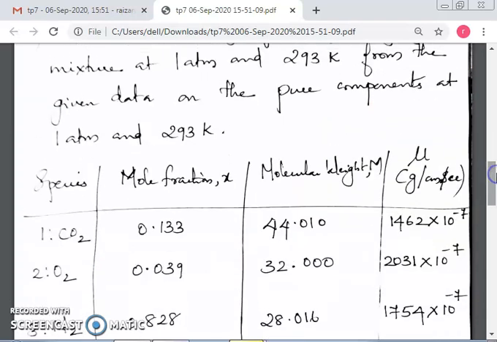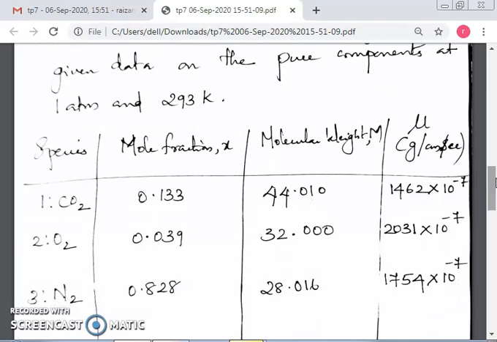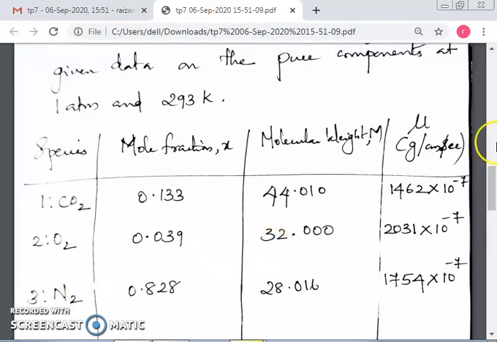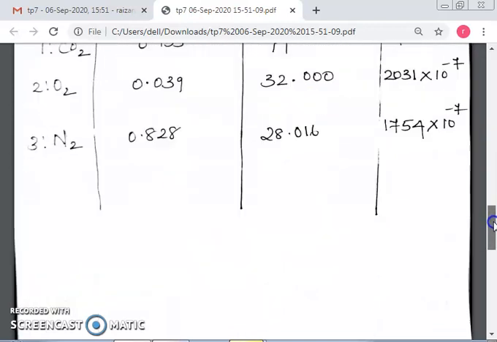So the components or the species present in the gas mixture are carbon dioxide, oxygen and nitrogen. The mole fraction of each of these species is given. Also, the corresponding molecular weights of the species are given and its viscosity is also given. So, you have to find out the viscosity of this gas mixture. So, here we are denoting the species carbon dioxide as 1, oxygen as 2 and nitrogen as 3. So, this is the question given. So, the solution to this question is